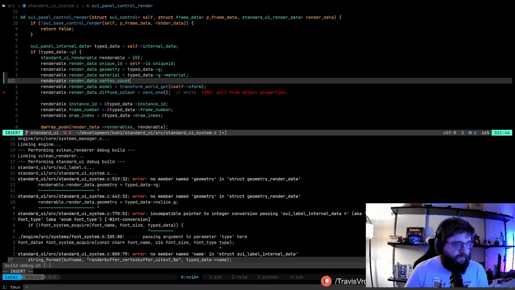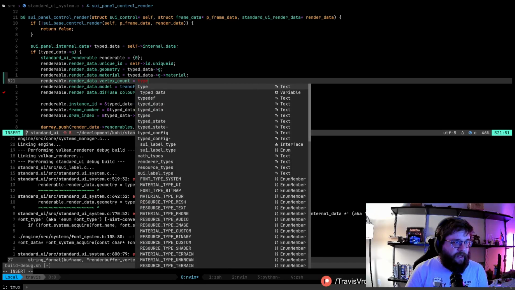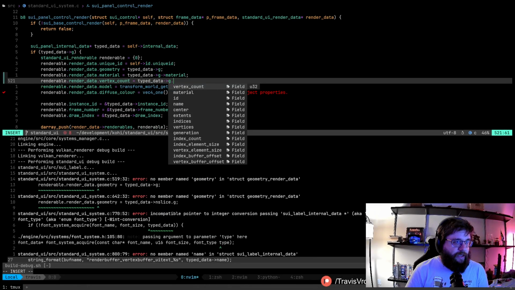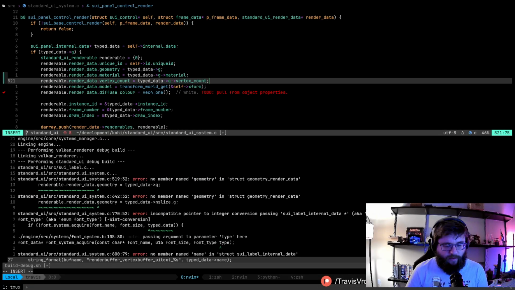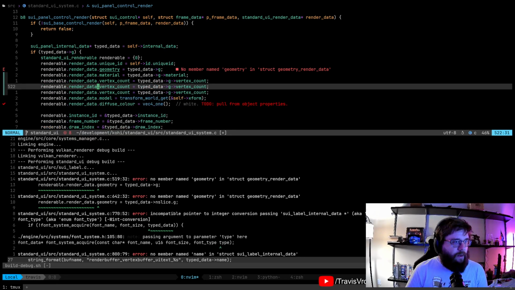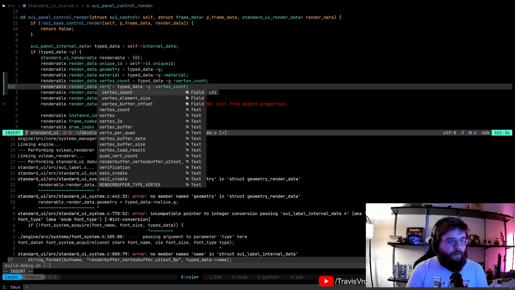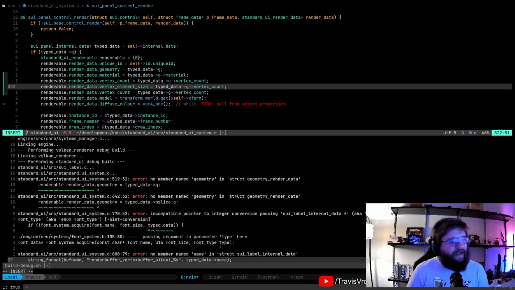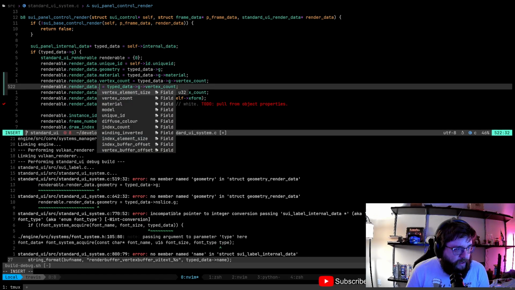So we'll say vertex count is typed data G vertex count. Vertex element size. Actually, I don't think we even need the element size. Do we? I know we need the vertex count.